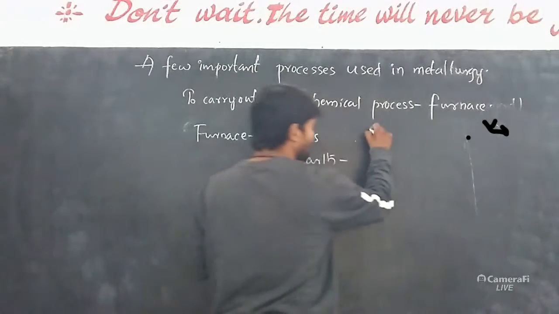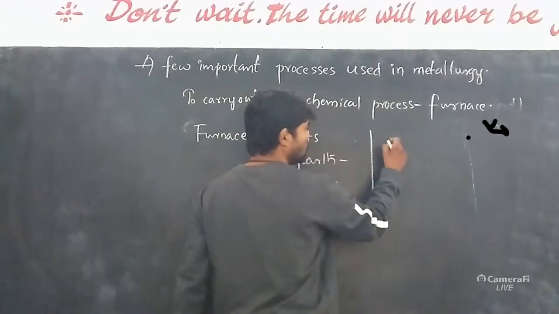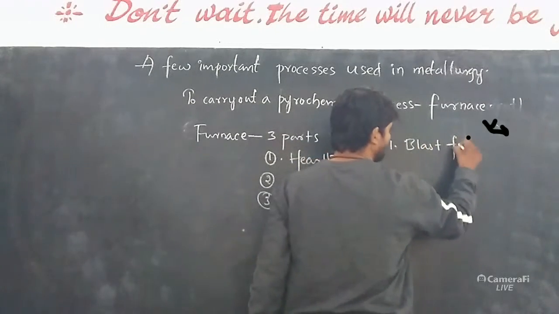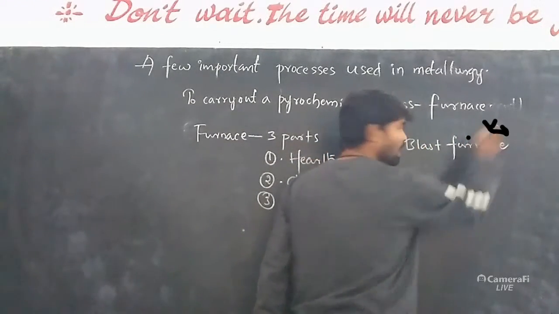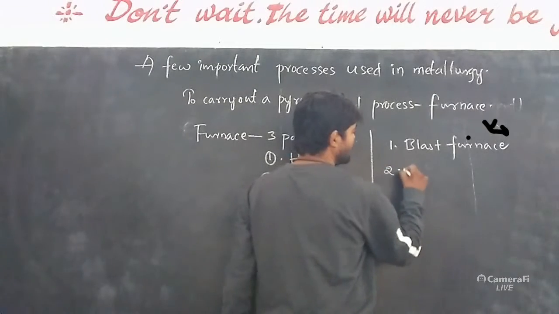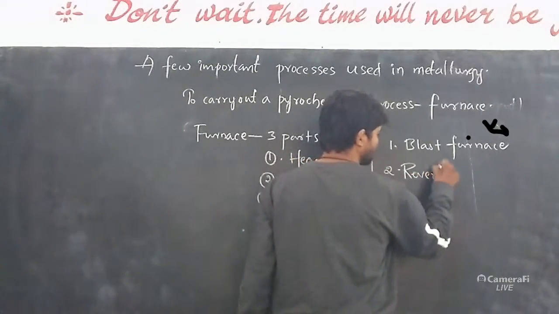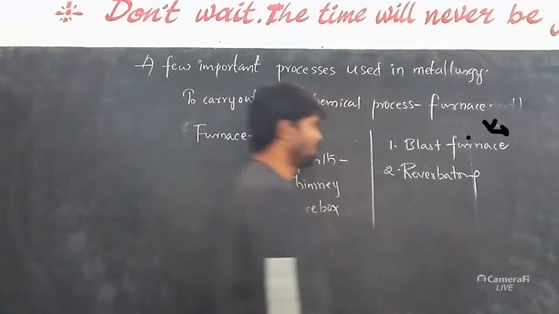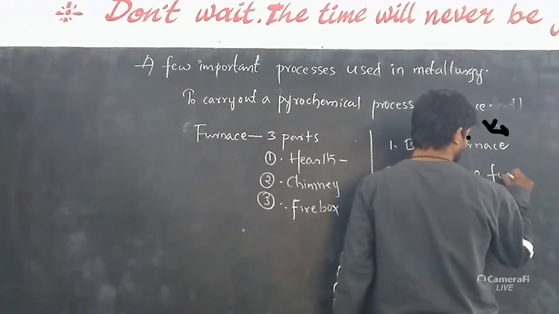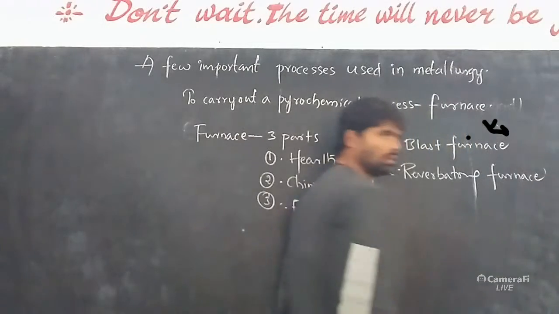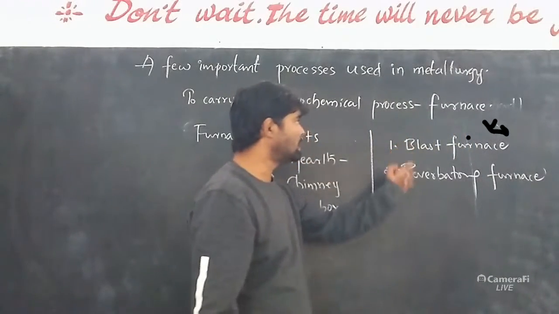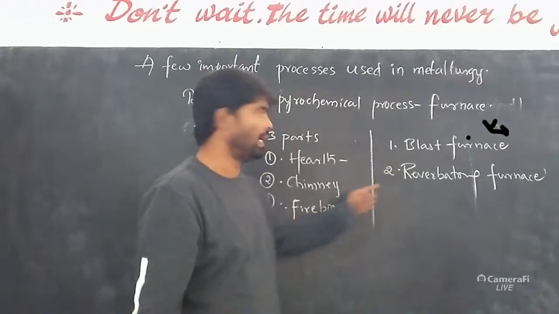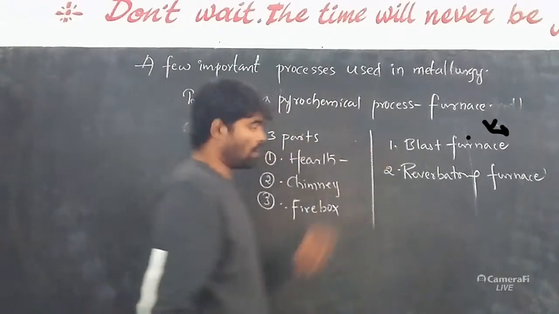So here in these processes we come across two types of furnaces. One, already I told you, is the blast furnace. And the second one is the reverberatory furnace. Right? So what is the difference between these two? The differences between these two are, in the blast furnace,